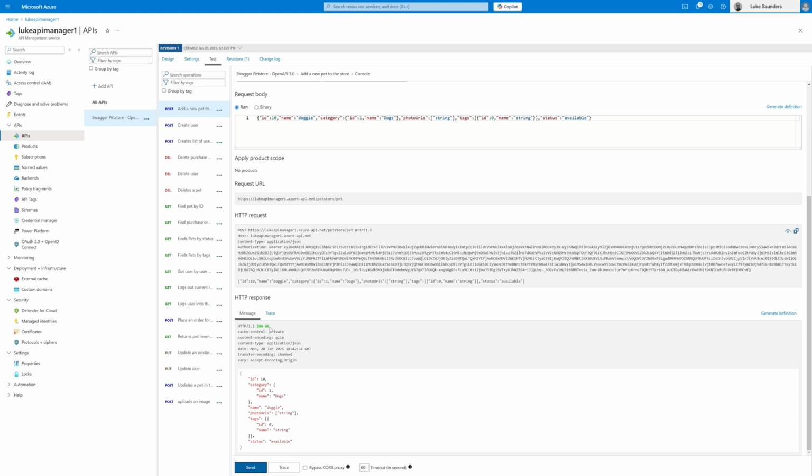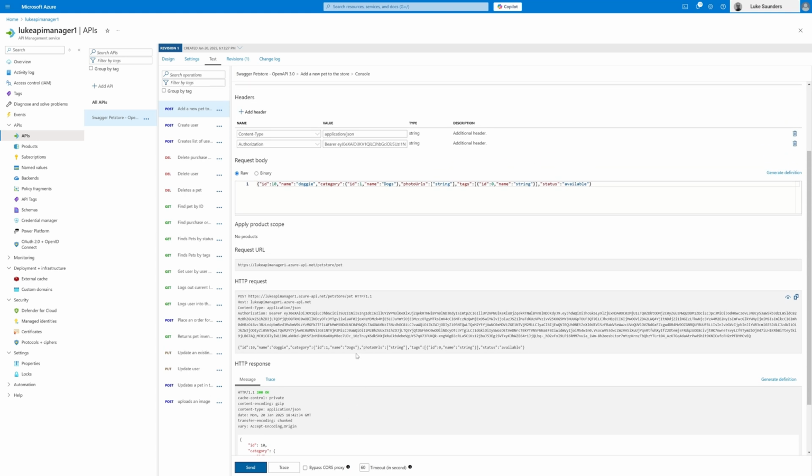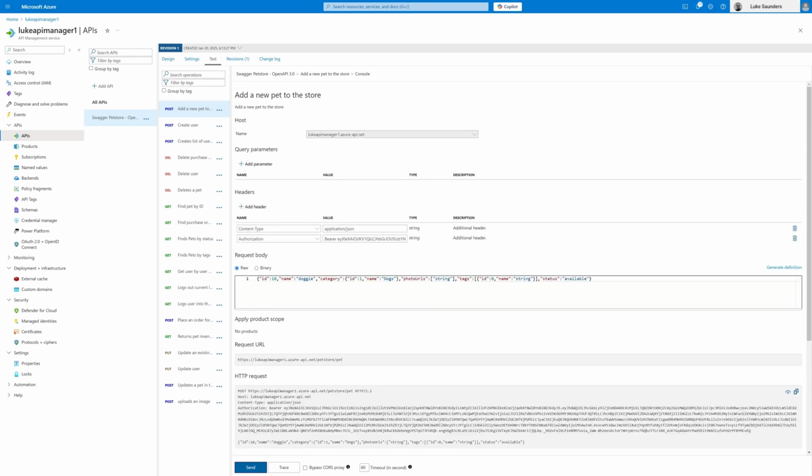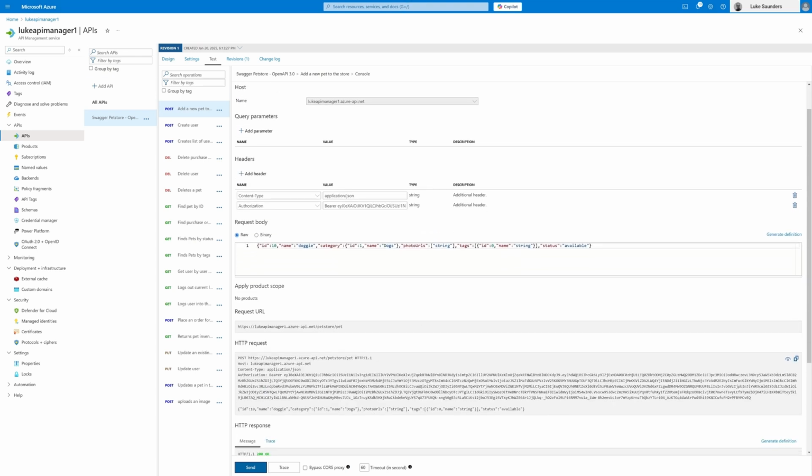And there we go, we've got a 200 OK. So that has now worked. So we know now that we need to request a token, and then we're able to submit to our API Manager in order to basically retrieve or post data. In this case, we're posting data to pet store/pet. We're posting the JSON above this here, so we're creating this pet store,